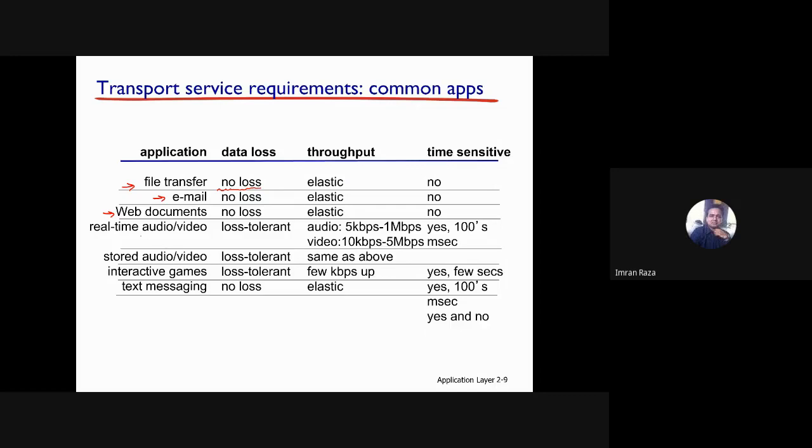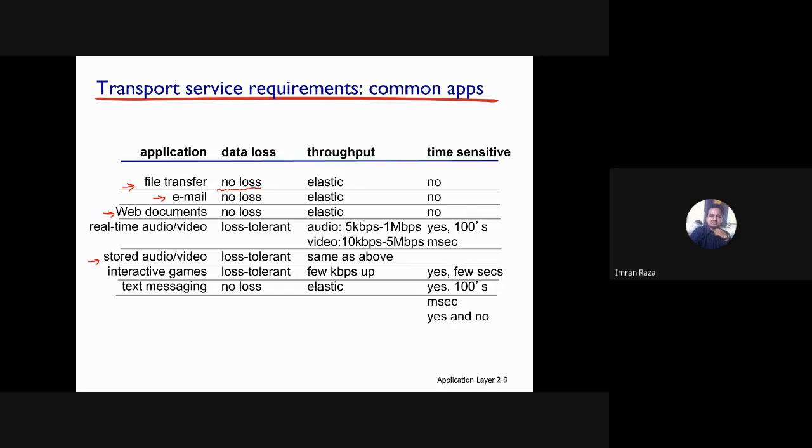What about real-time audio and video? Is it loss tolerant? Yes. In terms of throughput, do we require a specific minimum bandwidth? Yes. Is it time sensitive? Yes. A response or delivery under 100 milliseconds is desirable, for example. What about stored audio and video? Is it loss tolerant?